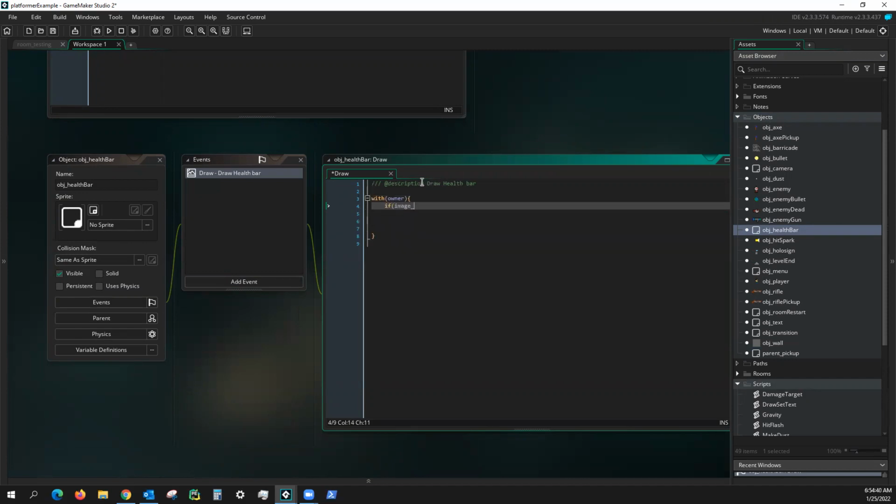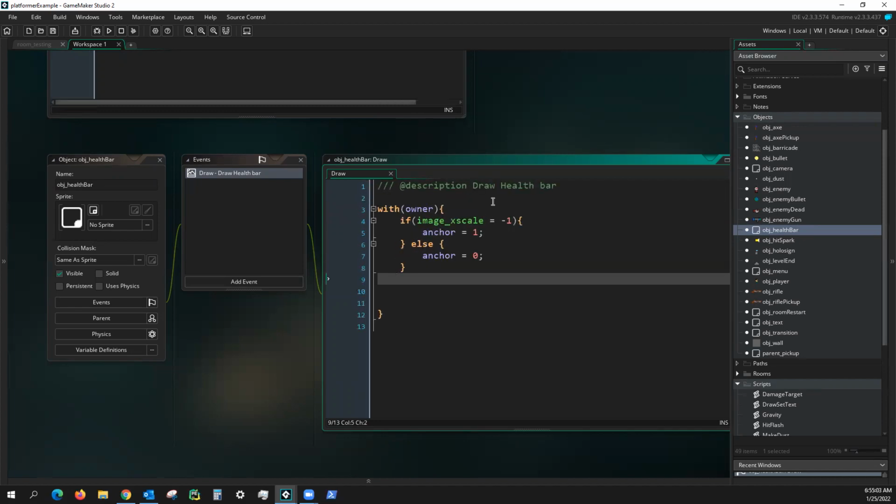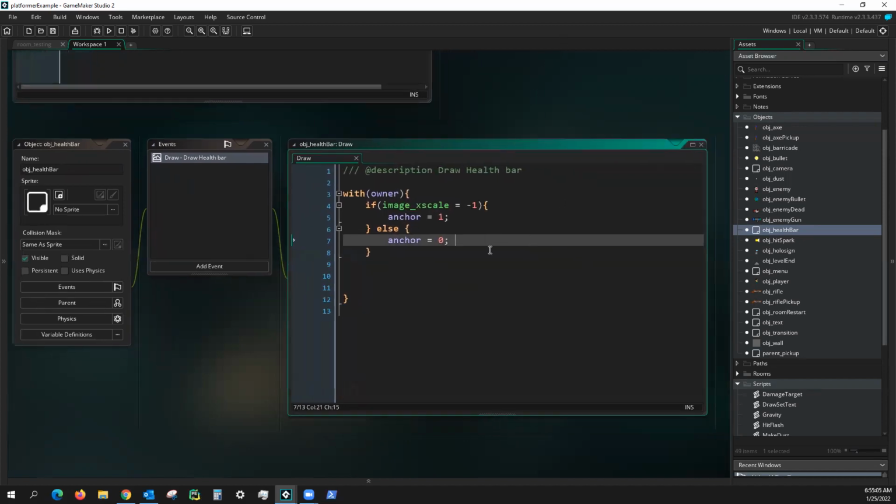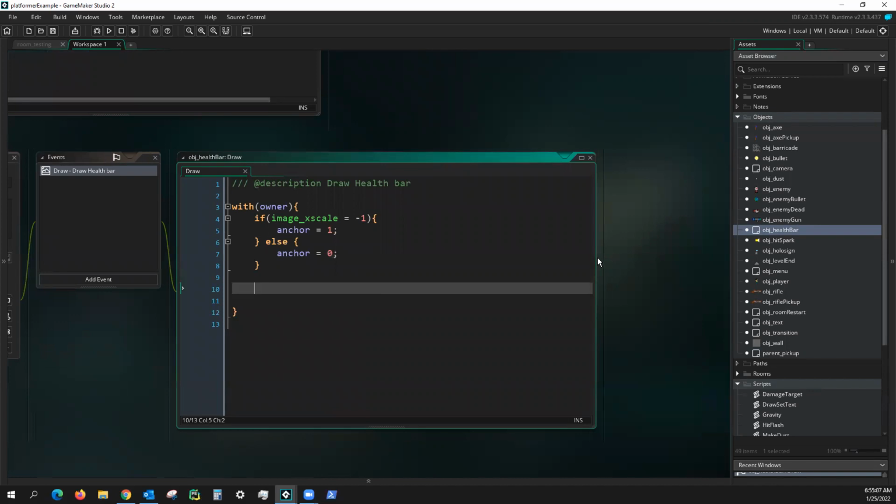If image_xscale is -1, make sure the anchor is set to 1, else anchor is equal to 0. It's important to have this information because you'll see in a moment, whenever we actually draw the health bar,